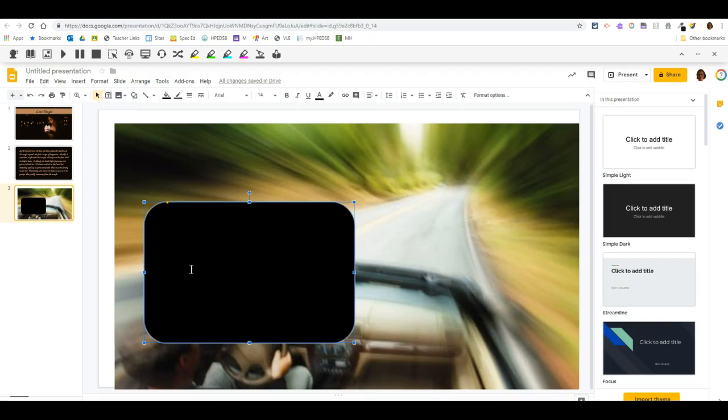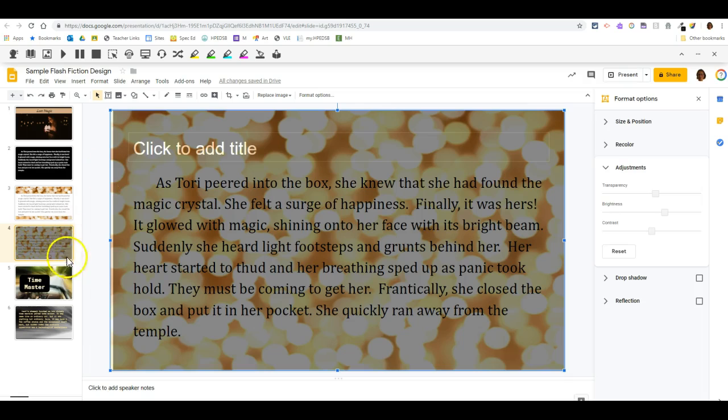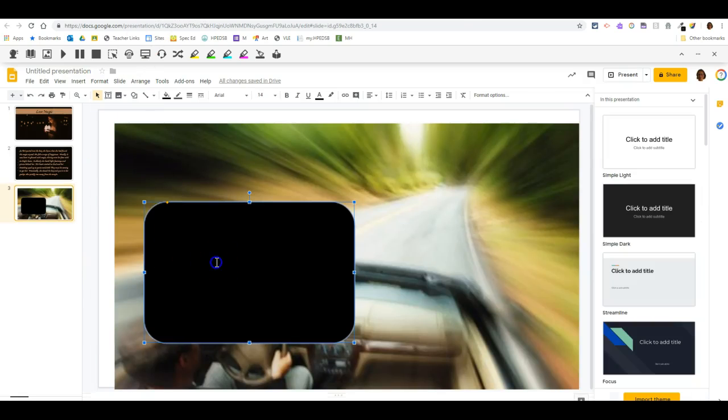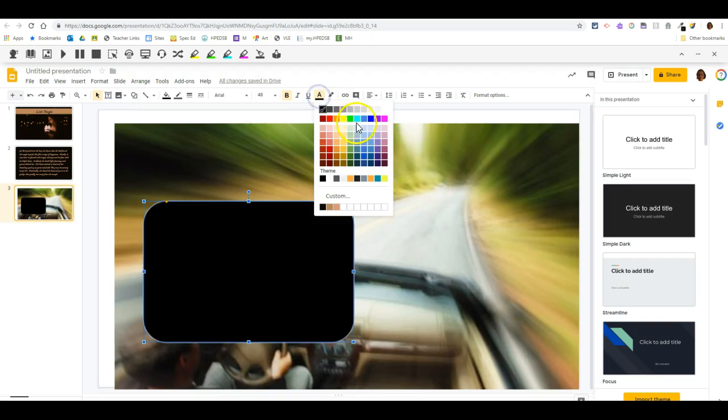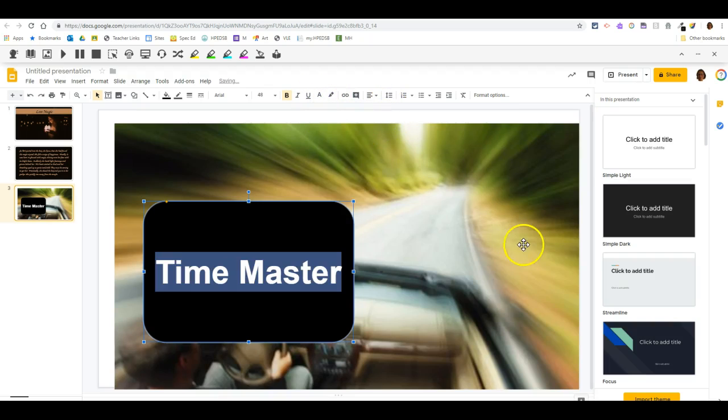And forgetting what I called this before, Time Master is what I wanted. So Time Master. Even if I make this bigger, I need to, oops, grab that text, there we go. And I need to make it white or something like that. Actually, you might want more of this tone here. Something